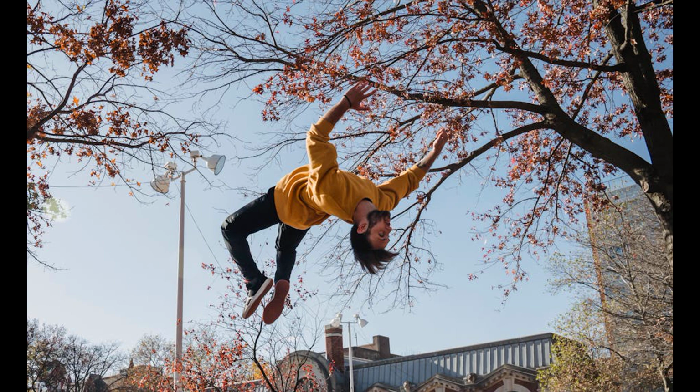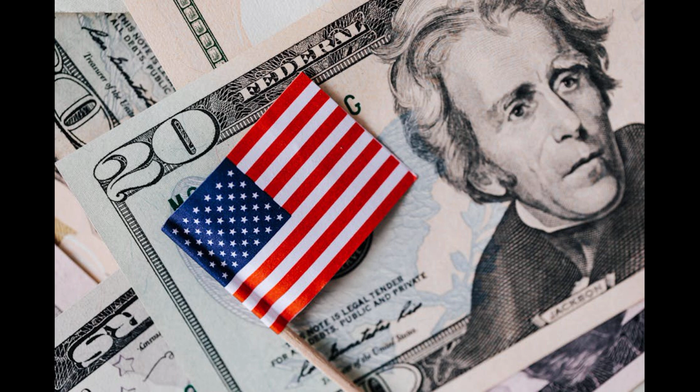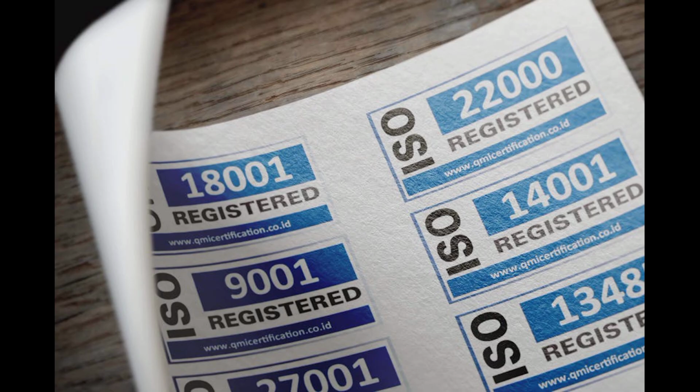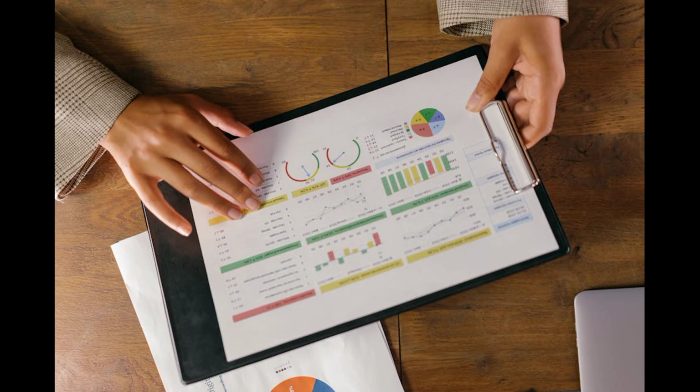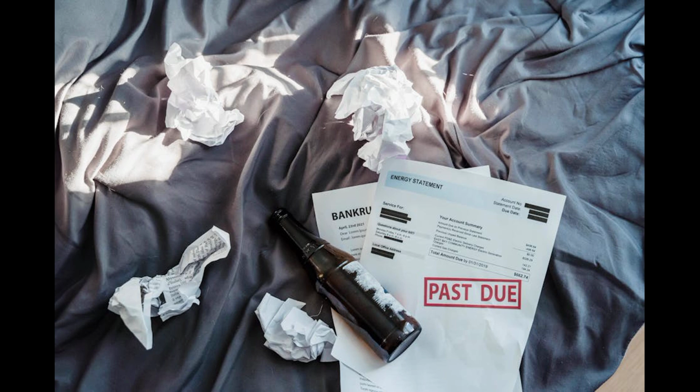Let's take a closer look at credit risk. This is essentially the risk of loss arising from a borrower failing to repay a loan. How do banks mitigate this? Well, they use rigorous credit assessments and scoring systems to evaluate the likelihood of default. Think about that for a second. Each loan application goes through a process that is, at times, longer than the actual loan period. Isn't that wild?